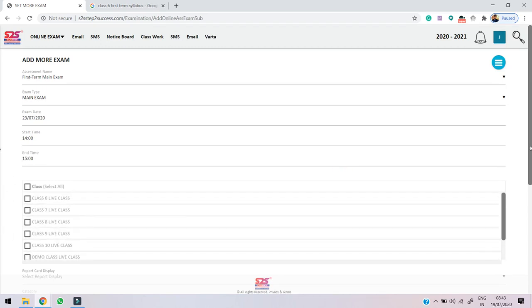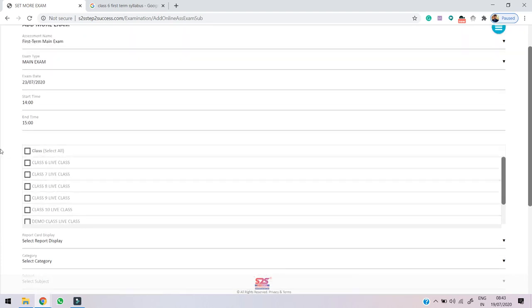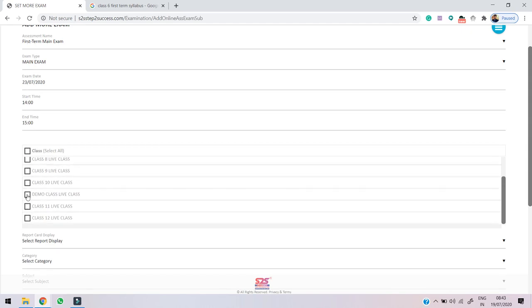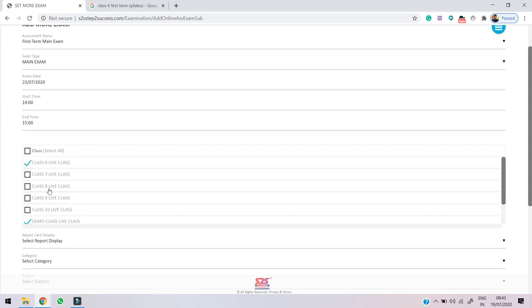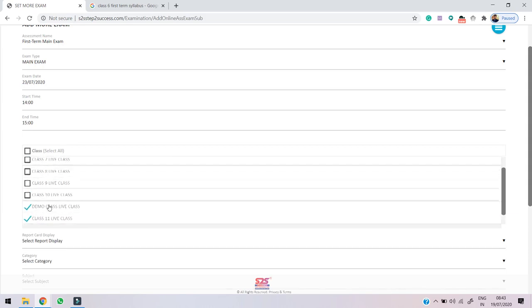Then you have to select class. Suppose this test is for class 6, class 7. So suppose this test is for class 6, and I'm selecting a demo class here, and then class 11. Suppose we are going to conduct this test for 3 classes, so I've just selected these 3 classes here.